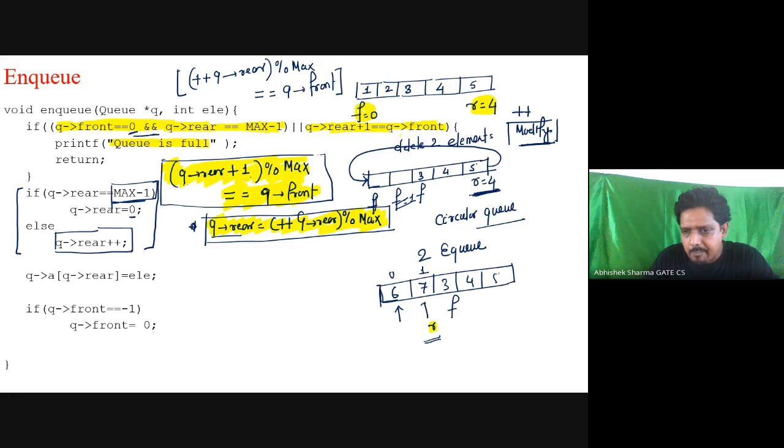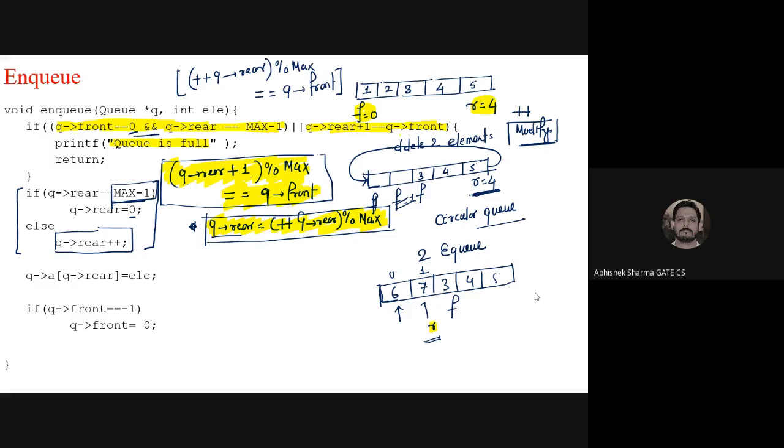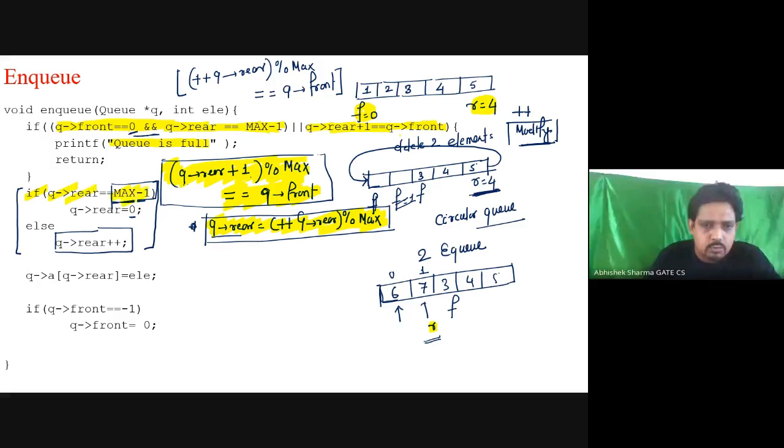Okay. Yes. So I can either use these two statements, that q pointing to rear is equal to max minus 1, then increment the rear, or I can directly say q pointing to rear plus plus. Then what we do, we increment and then we put the value. So q pointing to rear is equal to element, and if q pointing to front is at minus 1, then again I will assign it to 0.